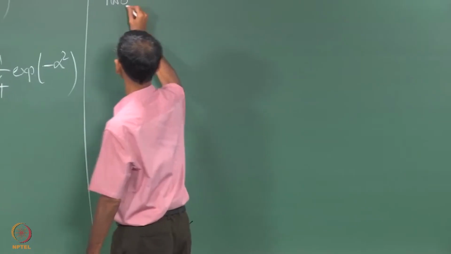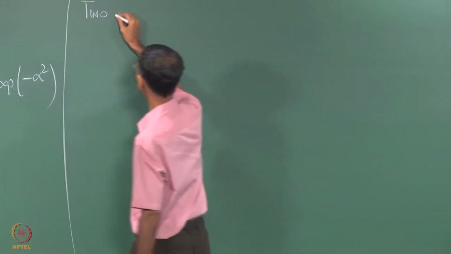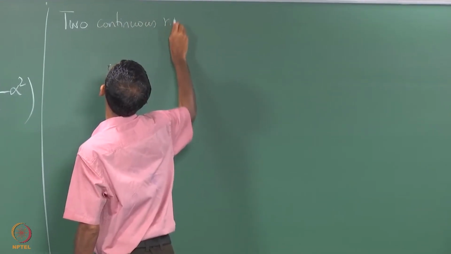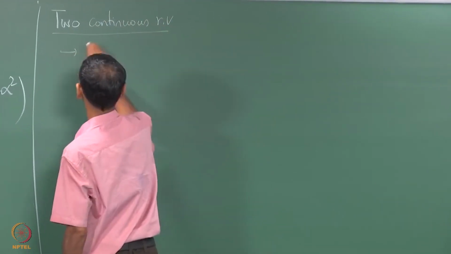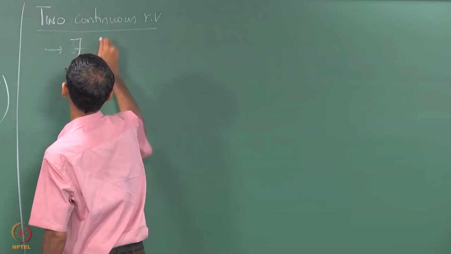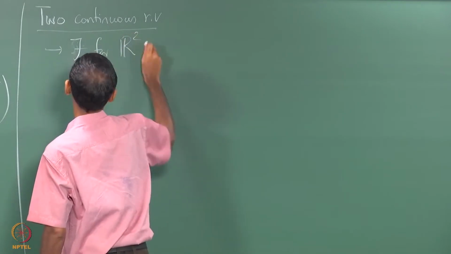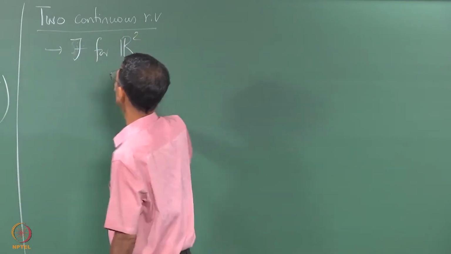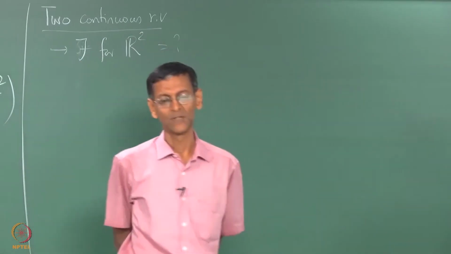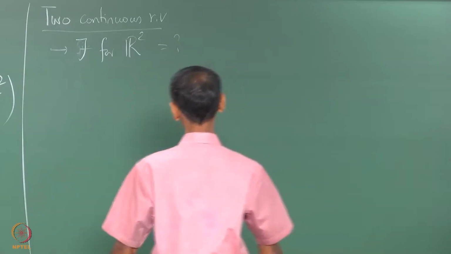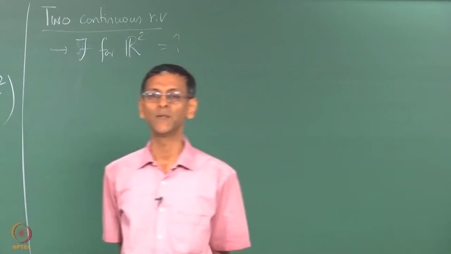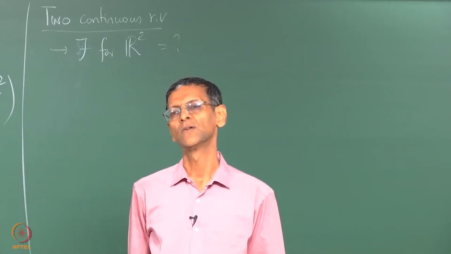So, we start today's lecture pretty much with two continuous random variables, and while doing this you have to look at what is the F for R squared, a suitable sigma field for R squared. What is this, right? That is what we first have to look at. Why are we interested in R squared? Basically we are interested in R squared because R squared is a minimal space that we require to define two